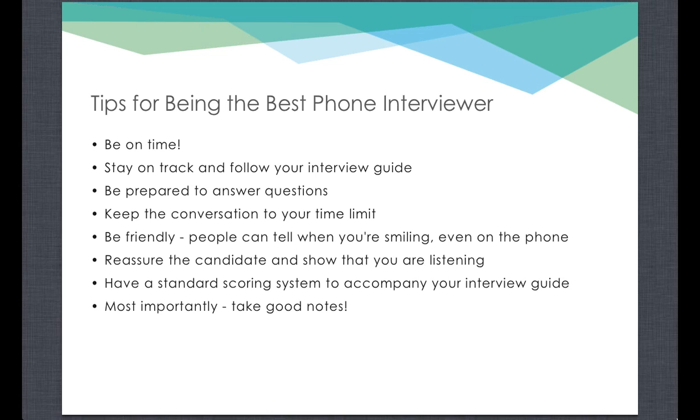And then something else that's very important is making sure that, along with the guide and everything, you have a scoring system that will be exactly the same for each candidate. So that's something that if you do use Hireology, we offer in our